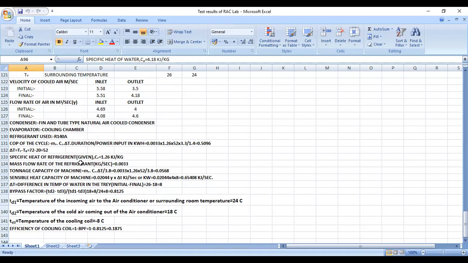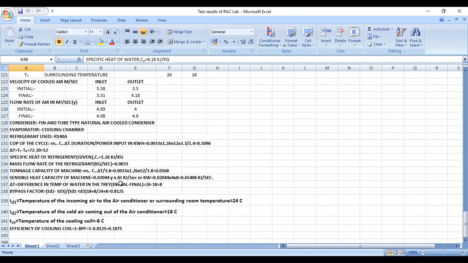The mass flow rate of the refrigerant is 0.0033 kg per second. The tonnage capacity of the machine is mass flow of the refrigerant into specific heat multiplied by temperature change, divided by 3.8, which is 5.568. The sensible heat capacity of the machine